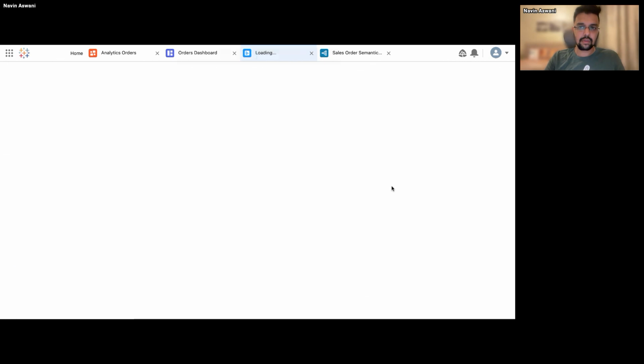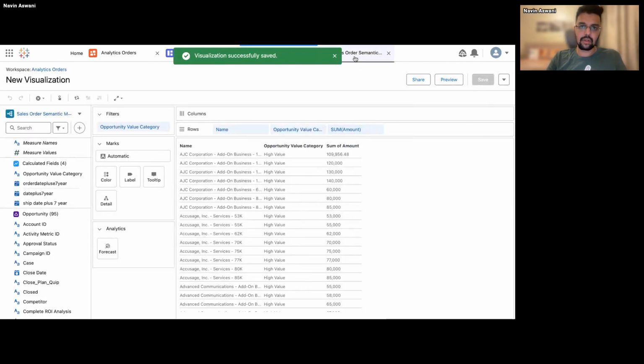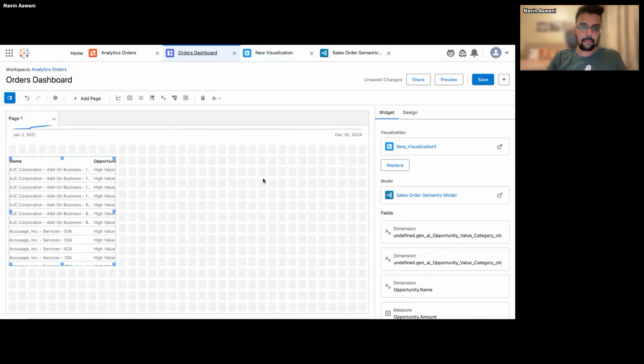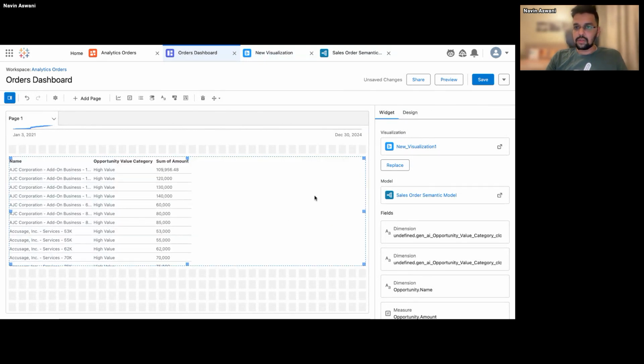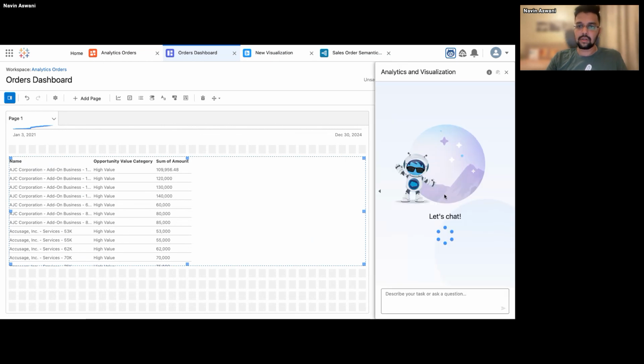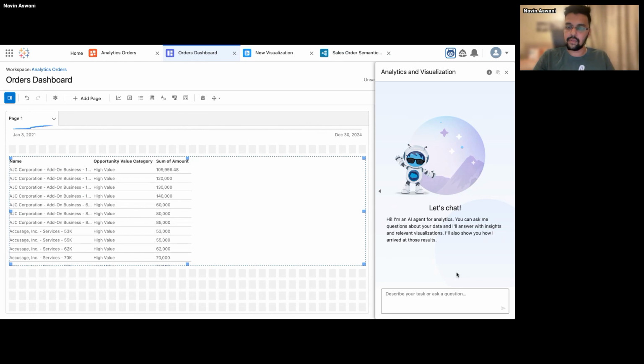I'll quickly save this visualization and come back to my dashboard. So this is just at a visualization layer, but now we have to see our agentic Agentforce service. It is integrated with your Agentforce as well as with your Data Cloud. Now let's start typing here.